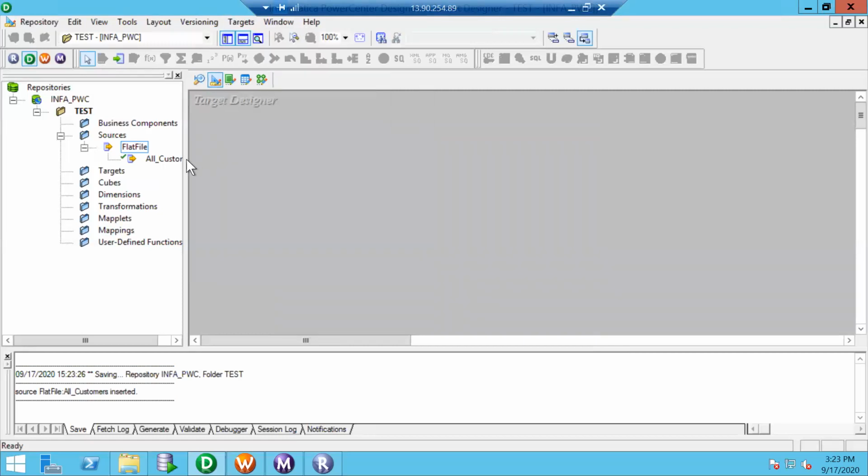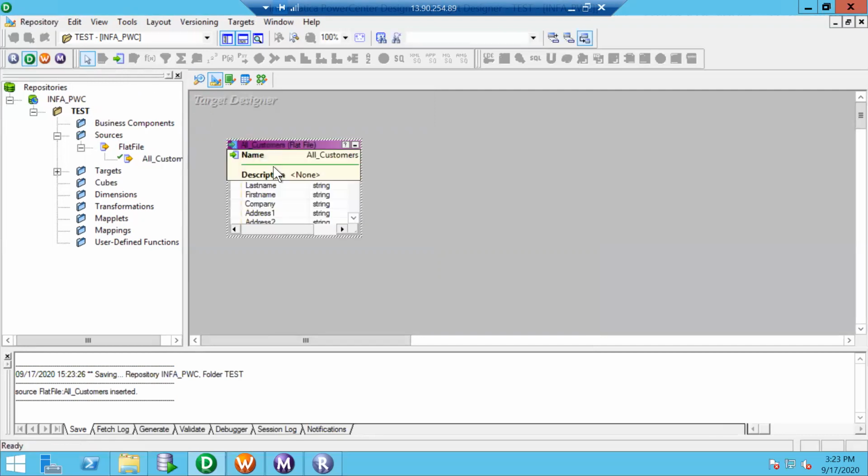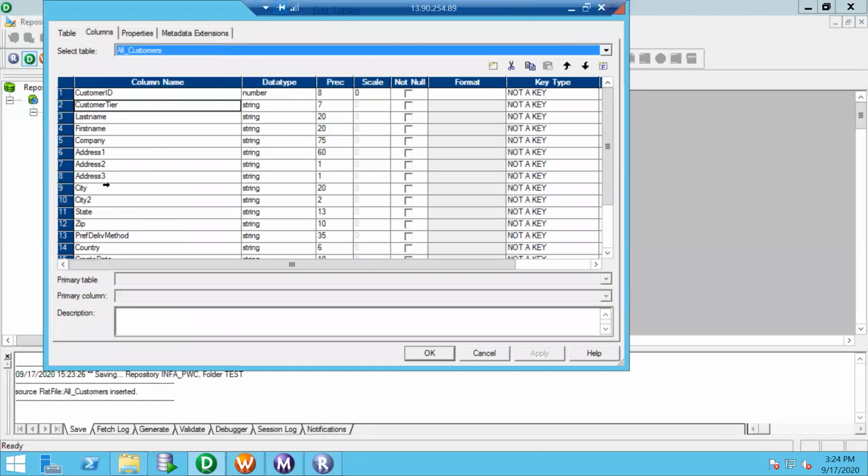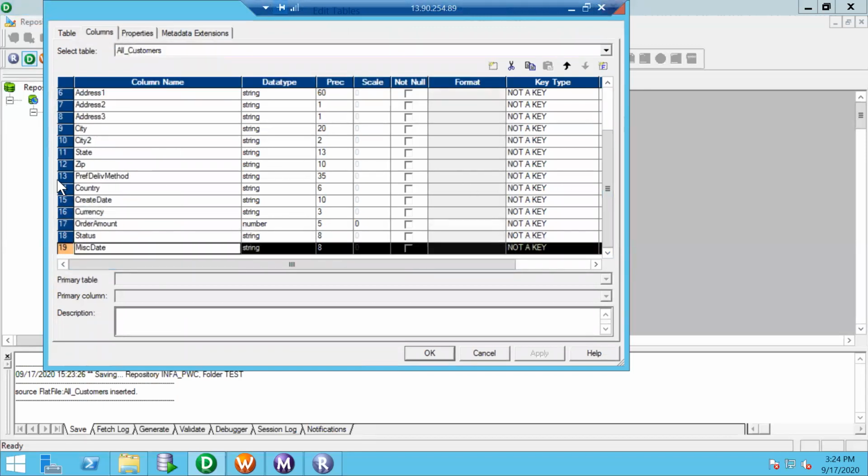So I can directly pull the source into my target, then edit and remove the unnecessary columns, or retain only those essential for me. I don't need all these fields.